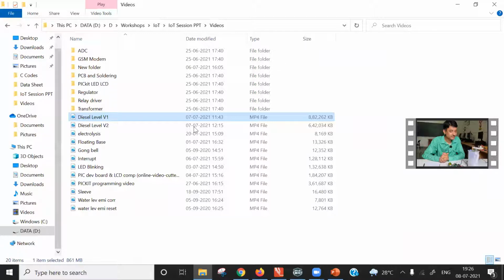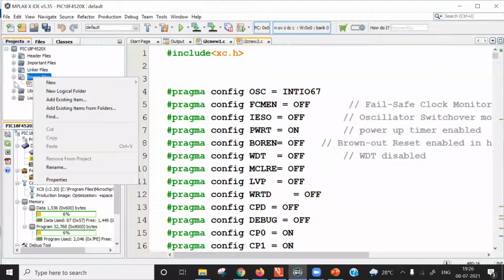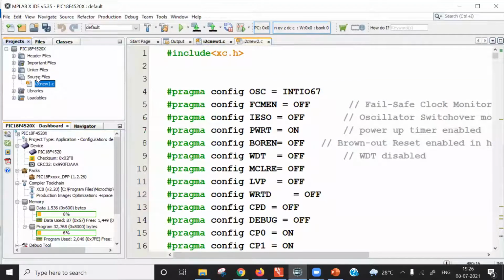Question: while doing the LCD program, it's showing a build error. See, let me tell you an important thing. Under the source file folder, there must be only one file included. If you include two files, then it will show an error. So include only one file.